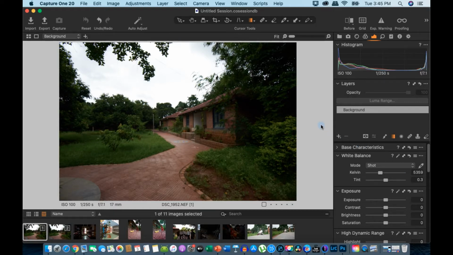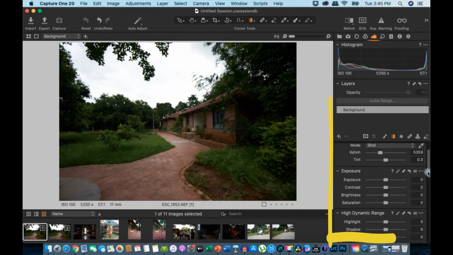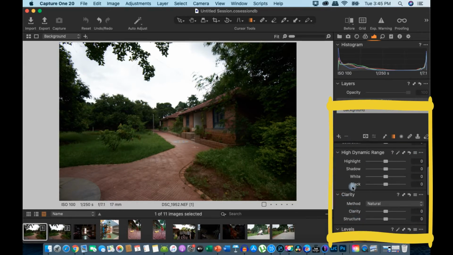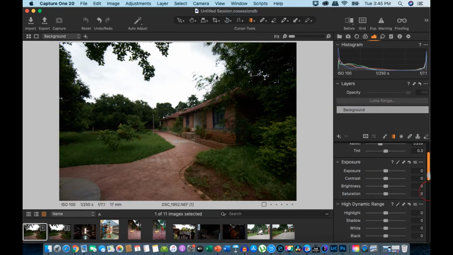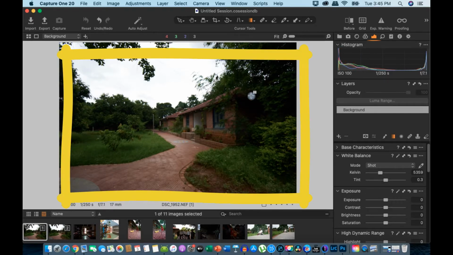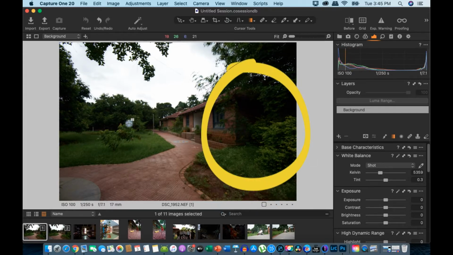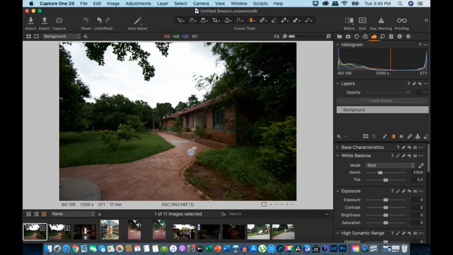Before we begin, let us first understand what global edits are. Global edits are basically whatever adjustment you apply, white balance, exposure, high dynamic range, highlights, shadows, whites, blacks, any of these sliders, it will be applied to the entire image. Local means you select a certain part of the image. For example, in this image, this area over here is a bit dark, but I have very nice exposure on these other things, so I want to only lift shadows in this area. That is called local.